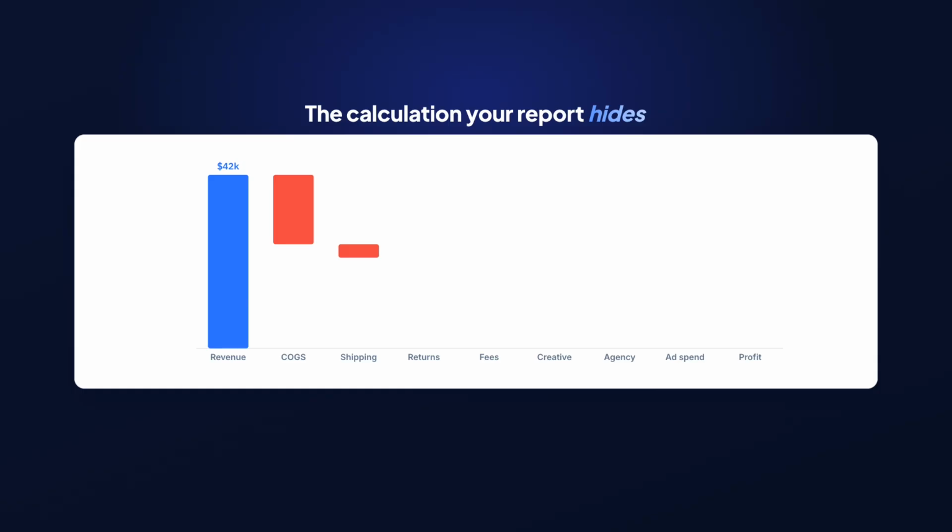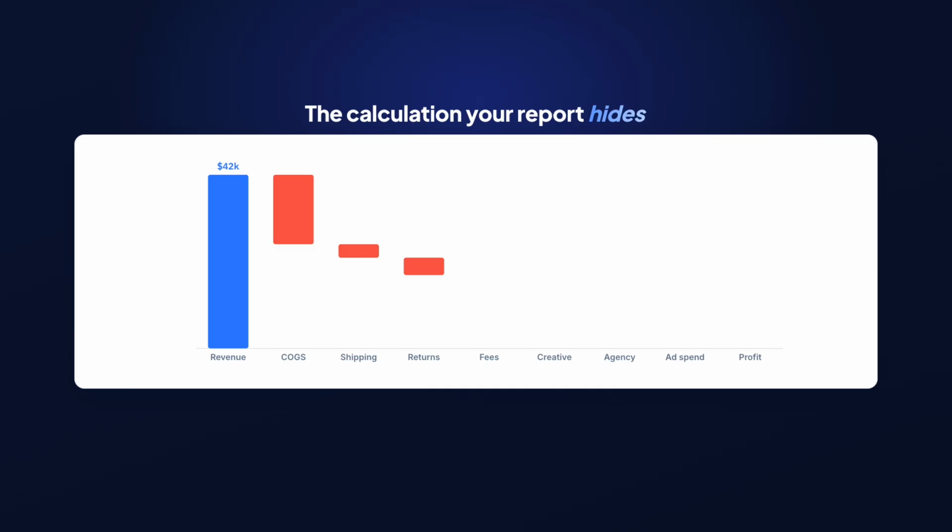Shipping and fulfillment average $6.5 per order. At an average order of $84, that is approximately 500 orders. Shipping cost $3,250. Returns. Industry average for D2C is 15 to 20%. At 15%, roughly 75 orders are not there anymore. Net revenue impact after restocking: minus $4,200.